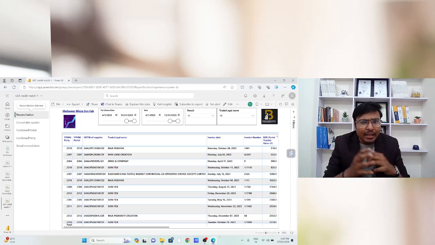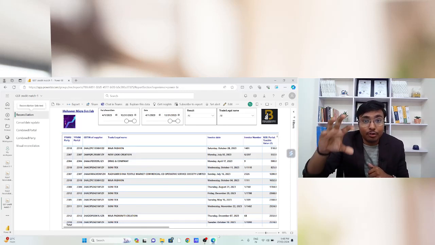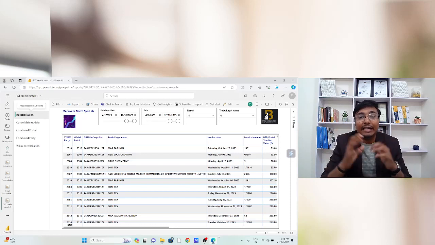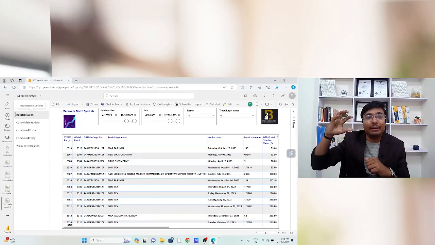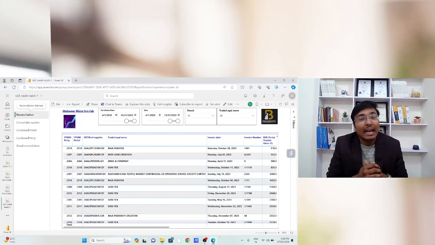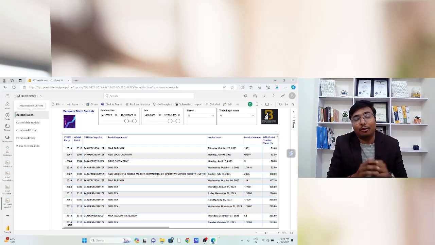This tool is very easy to use. There is no requirement to make much effort for using this particular AI tool. We have developed this tool on Power BI, which is a very unique concept nowadays. For that purpose, you just need to create one folder on your drive, on your system,